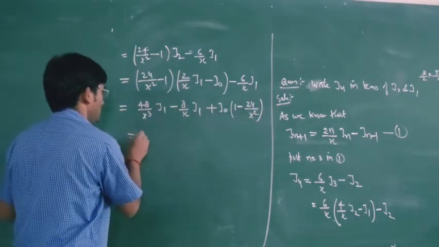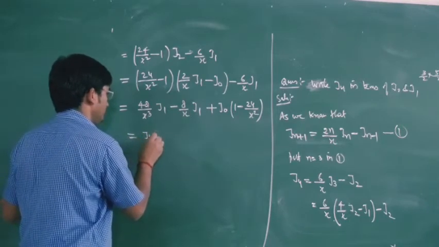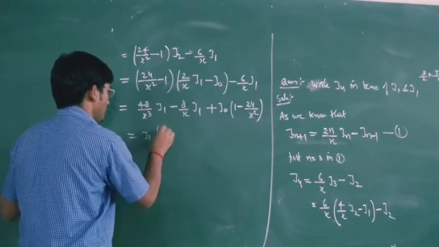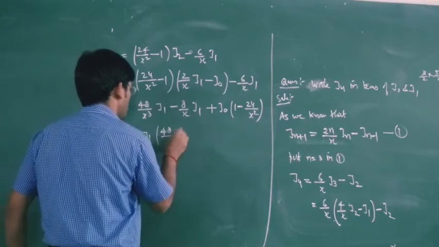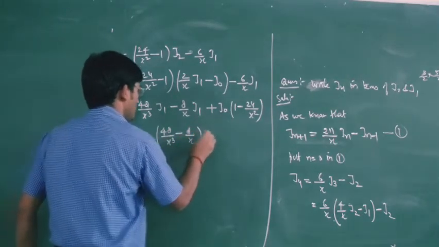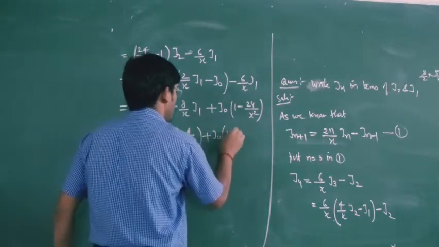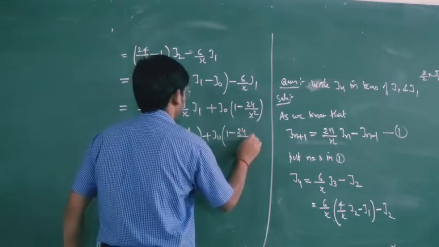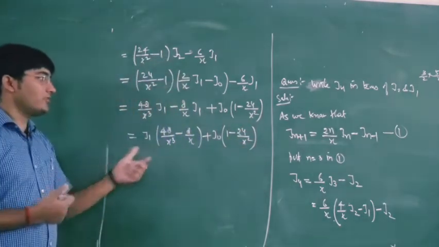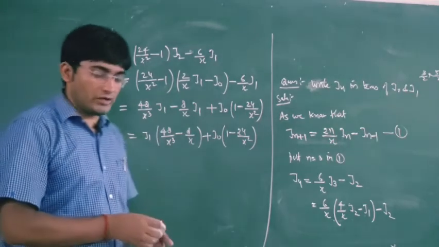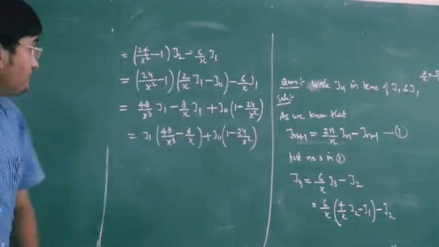So this is equal to J1 (48 upon x cube minus 8 upon x) plus J0 into (1 minus 24 upon x square). So here this is the value of J4 in terms of J0 and J1. Then next question,